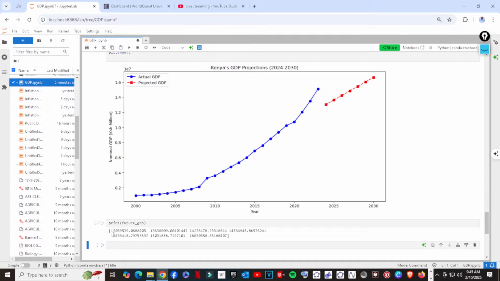So we can see that 2024, and remember these are in millions, 2024 will be this, that is 130,395.39. That is the expected, that is the projected GDP for 2024. About 130. Because they're in millions, it should be converted as such. But we see that trend should continue up to the point where, because it's a trajectory that we have seen,